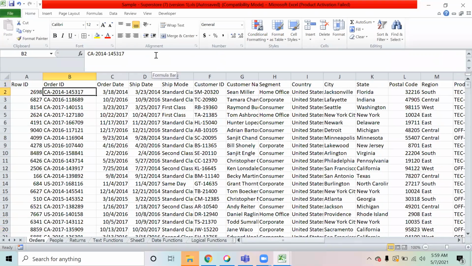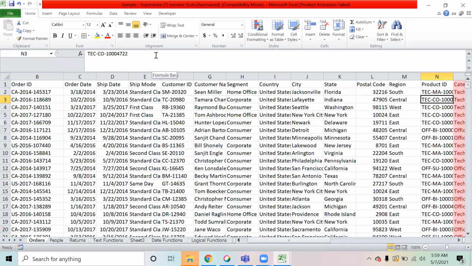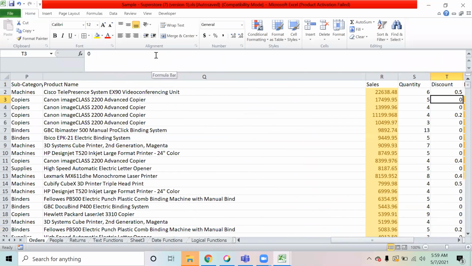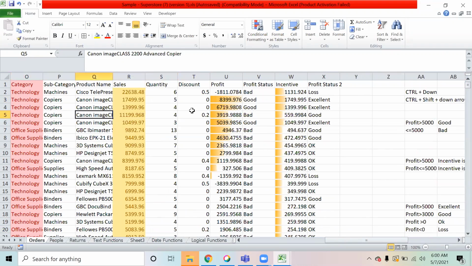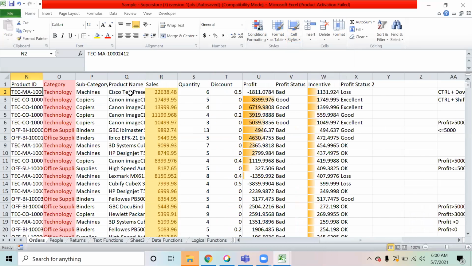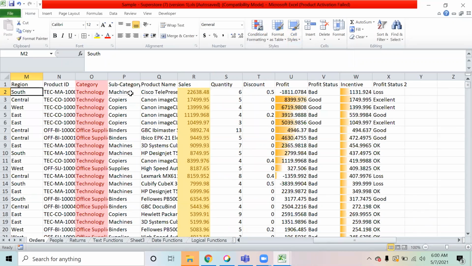Let me give you a tricky question over here. Just take a look at it. This is the sales value. All of you, please take a look at the question. This sale happened in the South region, and this transaction happened in the Central region.